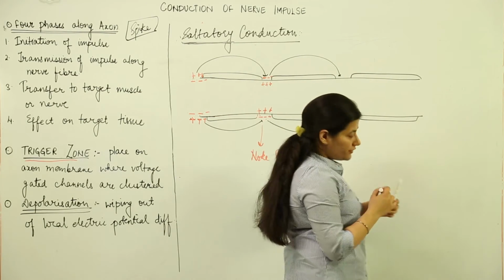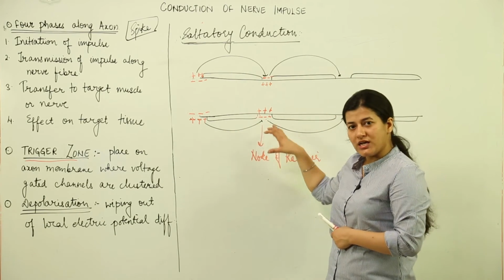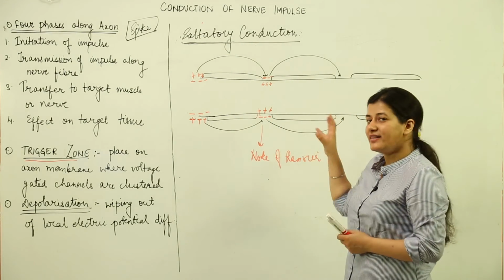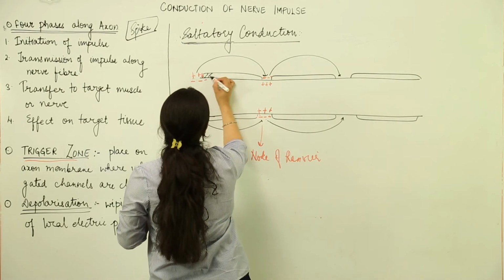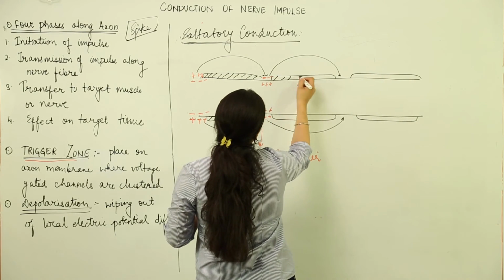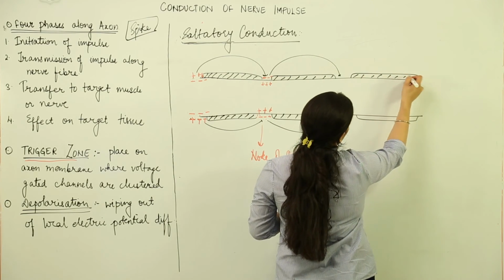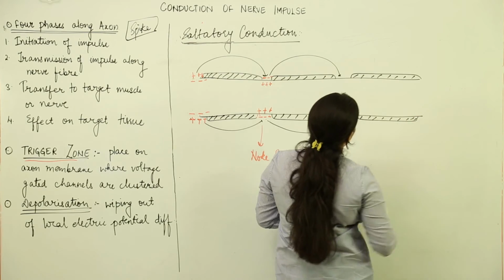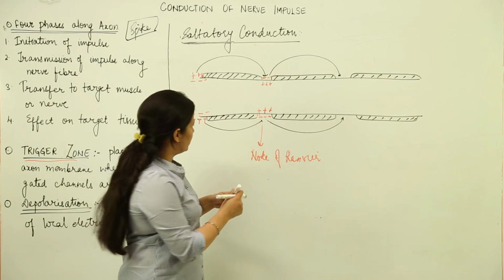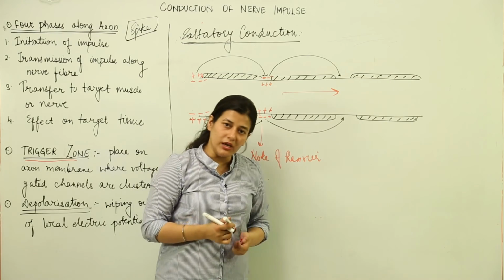So we have a saltatory conduction process where the neurons have little part exposed. Those little exposed parts take up the conduction, and the conduction is quite faster, and that is due to the presence of myelin sheath around the axoplasm, which insulates it from taking up any sort of depolarization wave. So the wave has to jump from one part to another. That is why the name is saltatory conduction, and it is quite faster. So this is all about the wave of depolarization in terms of saltatory conduction. The wave would move like this, and it would be quite faster.